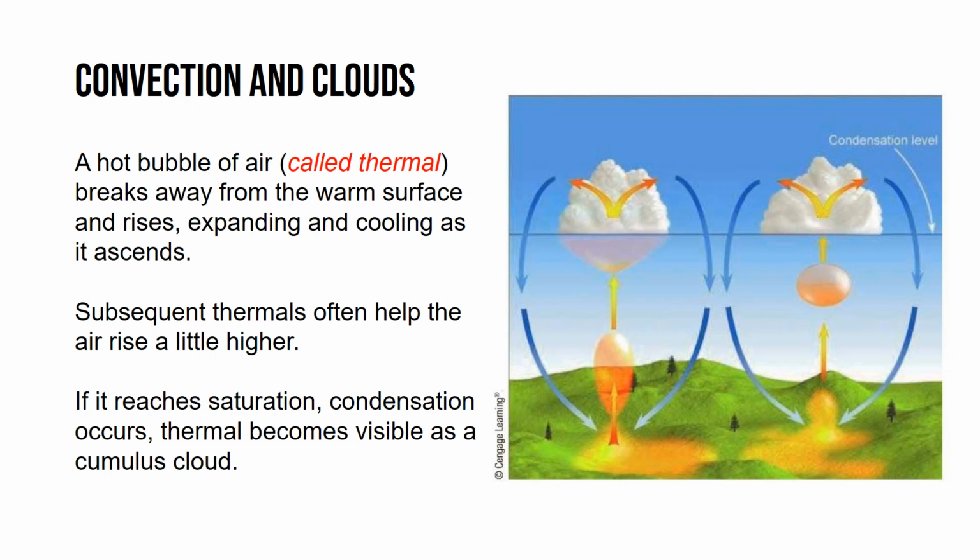So you may think that a single thermal is already enough to form a cloud or a cumulus cloud. We need subsequent thermals to raise the air a little higher. So subsequent thermals rise in the air, forming clouds. If it reaches saturation, condensation occurs, then the thermal becomes visible as a cumulus cloud. So you can see in the diagram